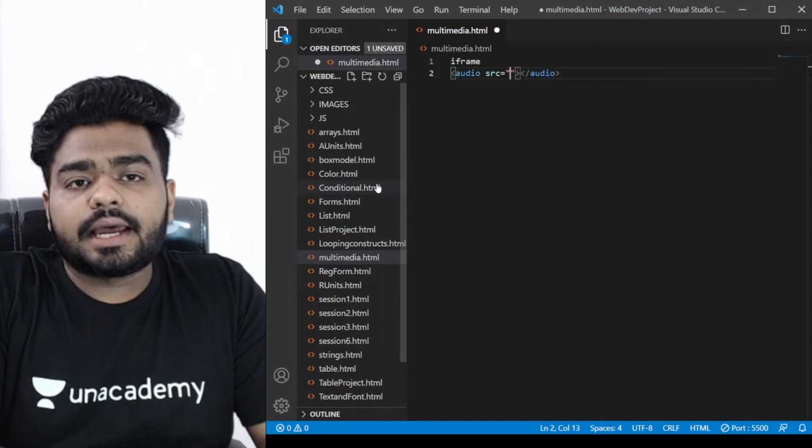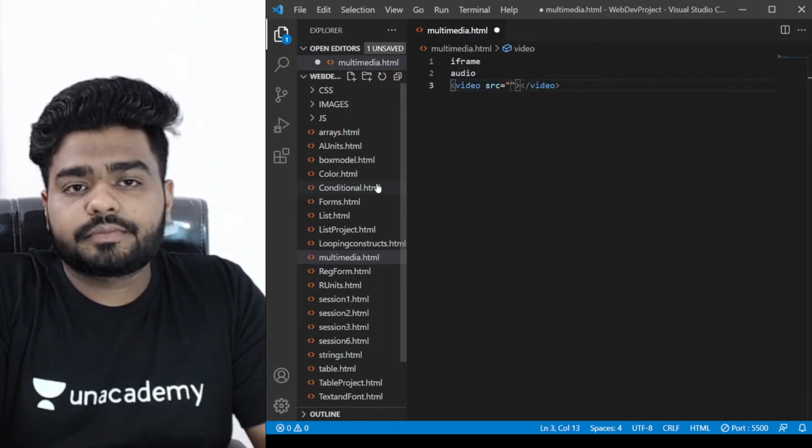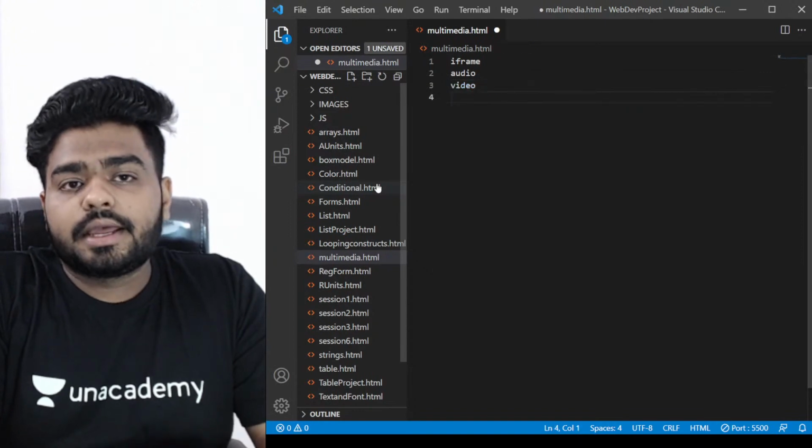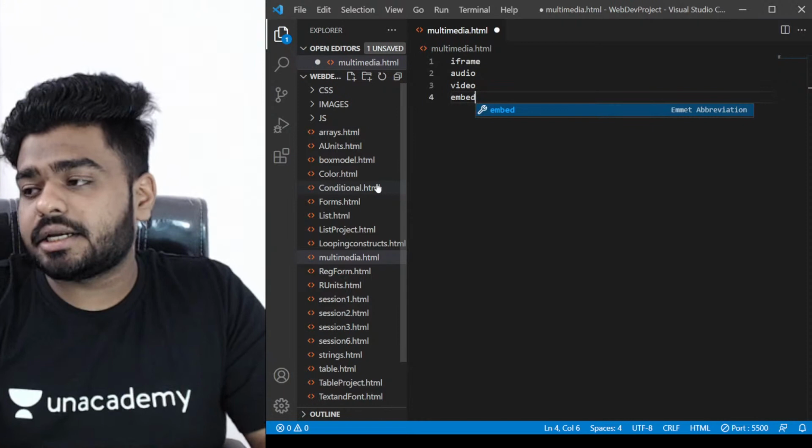Cool. And then we are going to use here video. And the next thing which we'll use here is embed. These are the four things which we'll try to understand in this particular